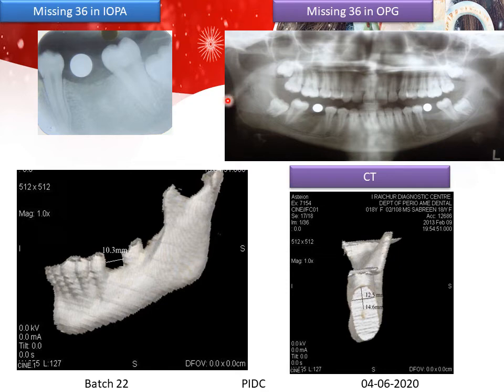So before going for the surgical procedures, as I told you already, you should see the anatomic landmarks, and the best for all this is your radiographic or pre-surgical evaluation. So see to it that you take your proper IOPA and your OPG, and CT is always useful to us. It helps us in finding out how much dimension is available, and also helps us to find where the inferior alveolar nerve canal is present. So this all helps us to find out whether it is going to be good for placement of the implant.